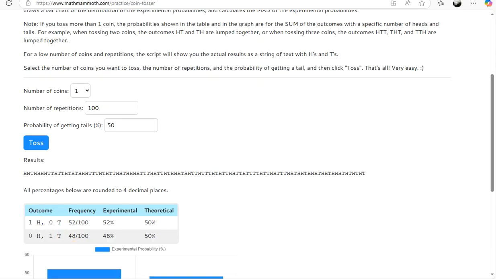You don't need to write down the outcome itself, but the number of times it happens, which will be shown to you by the top, the numerator. The frequency is the entire fraction. Experiment is this number here, and the theoretical is that one over there. So in this case, for the outcome of heads, this 1 in front of the H represents heads. The 1 in front of the T, that whole line, represents the number of tails. So the number of heads first